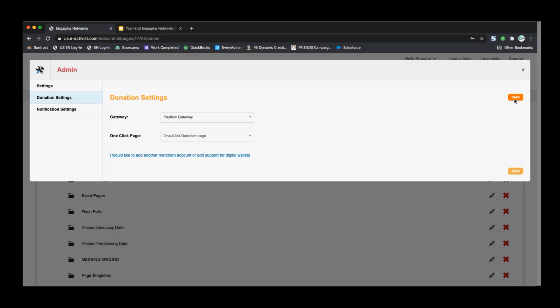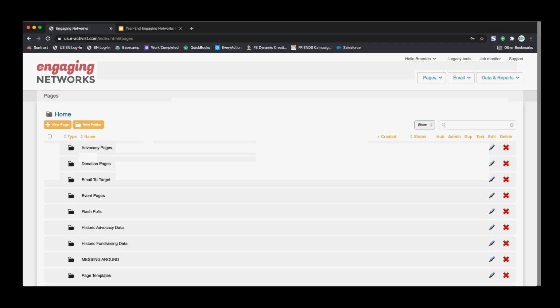So you're going to create an email and send it to colleagues or a test group that you know have made a donation on an Engaging Networks page previously. They have a saved payment type, and that's how you can see what the page will look like and test it. Engaging Networks does give you this option